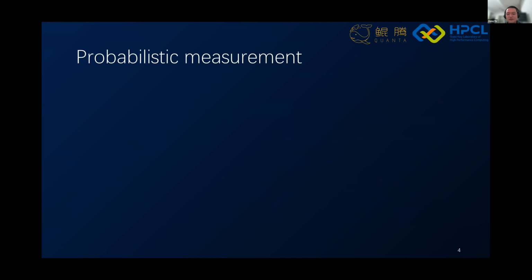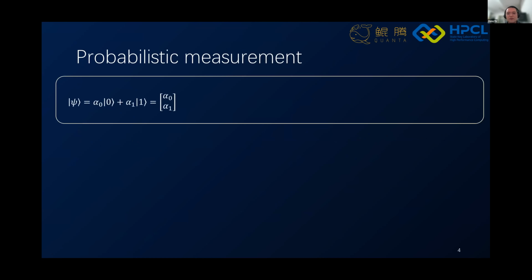For qubits we also have probabilistic measurement. For a single qubit, if we measure it, we have probability p0 to get the result |0>, and probability p1 to get the result |1>.